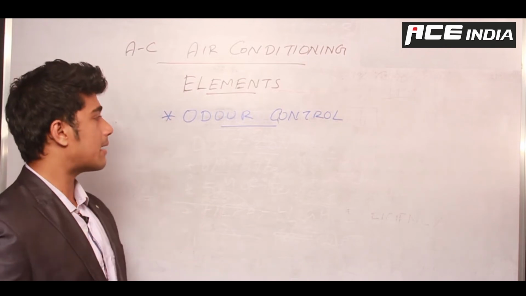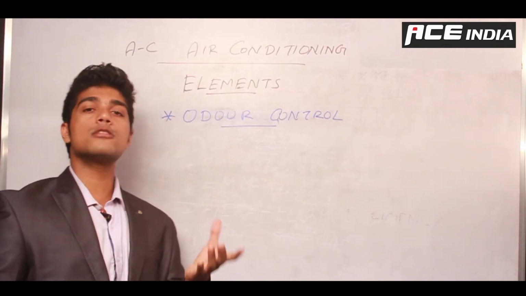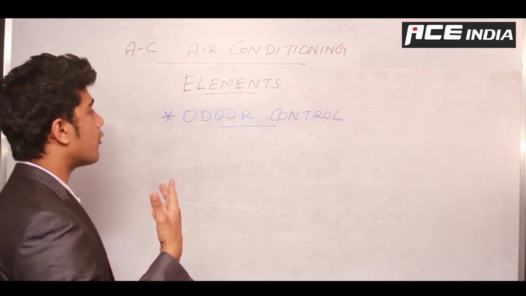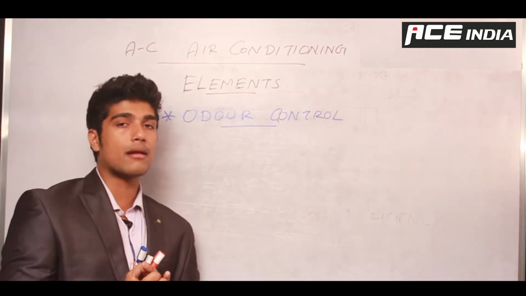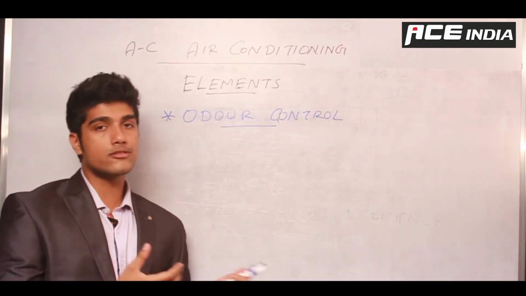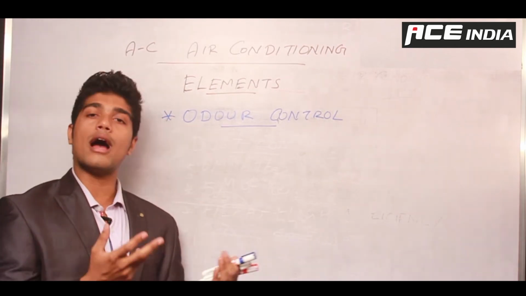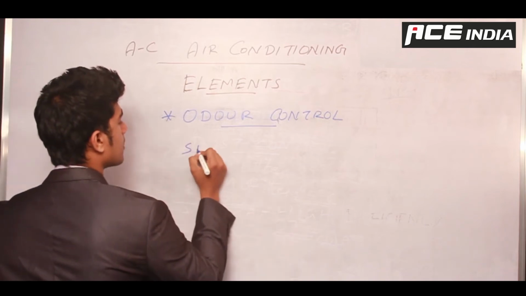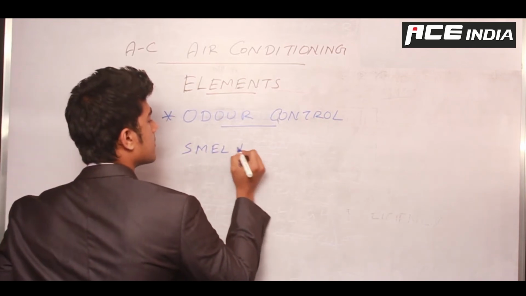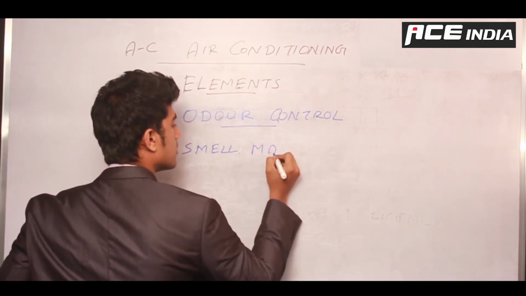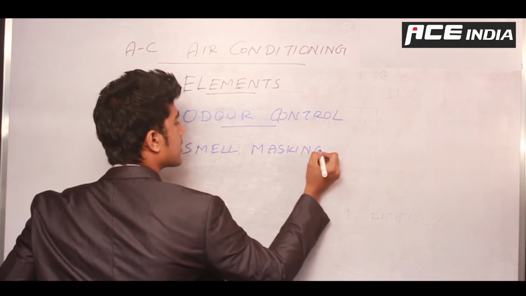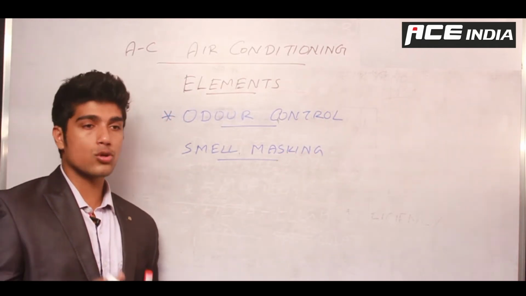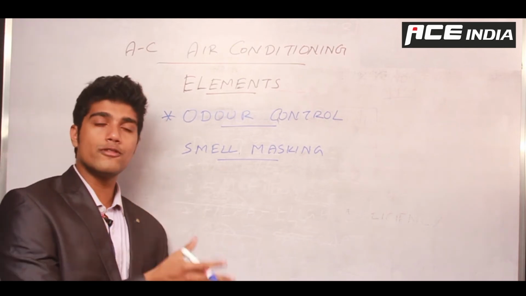Unfortunately, no machine can be developed that can understand which smell is good for us and which smell is bad for us. Because of it, you can have different methods to absorb all of the air particles or odor particles from the room, which will absorb all the bad smells and also the good smells. Or you can go for smell masking methods, where you can use perfumes to mask the bad smell, so you will feel more comfortable sitting inside, like in a movie theater.